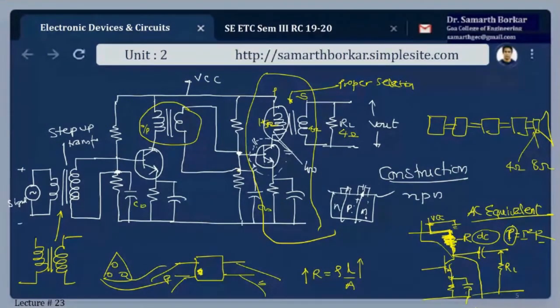Now you see here, at high frequencies the capacitor will act as a short. And see this common emitter. If this is a signal here, the signal at the collector is always out of phase, that we have discussed. So at very high frequencies this will act as a short, thereby connecting the signal which is out of phase back to the input. So we are feeding back the signal. So it is a feedback.